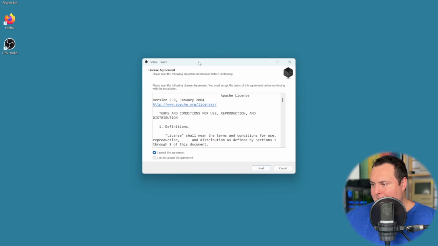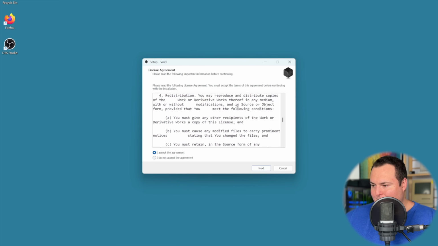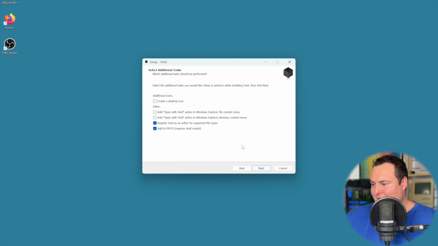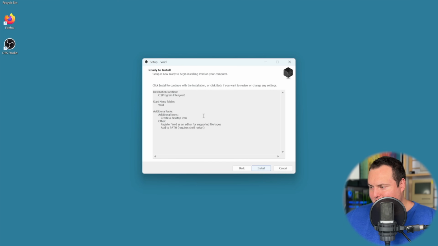So we are met with our setup here. If you want to read the agreement, you can. From that, we will follow through the steps. I will allow it to create a desktop icon in the other settings. Interesting, you can actually add "open with Void," so if you want a script or something like that to be opened with this IDE, you can do that. Add to path, we will register Void as an editor. All right, I'm going to leave all of these in the default settings that they had there,